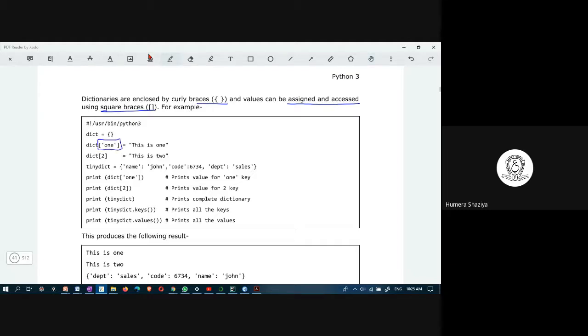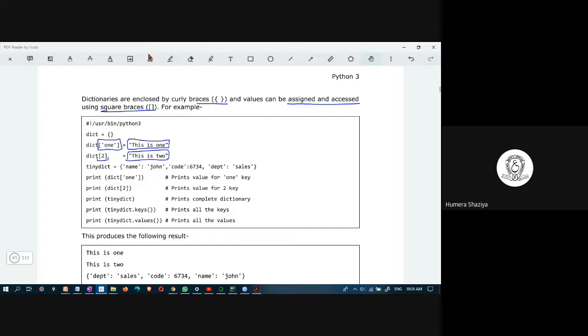The index is a string within single quotes, 1, and the value is also a string within double quotes, this is 1. And here the index is numeric 2, and the value is a string, this is 2, within double quotes. Please observe, dictionary can have both as indexes, integers or strings.